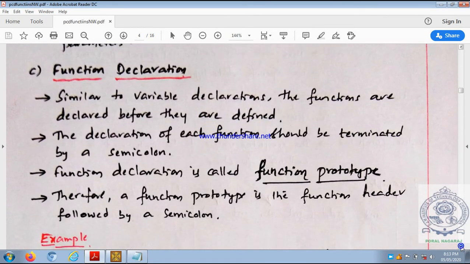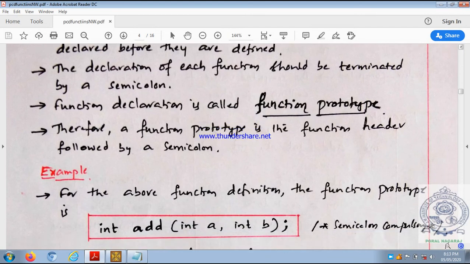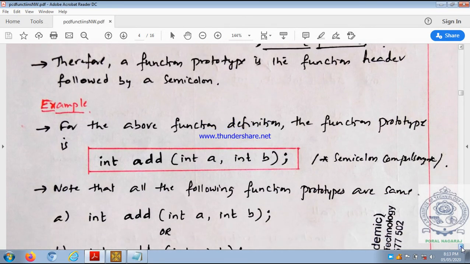The function prototype is the function header followed by a semicolon. In the above function definition, the same header is taken as it is, and here the semicolon is written. A semicolon is compulsory in function declaration or function prototype.